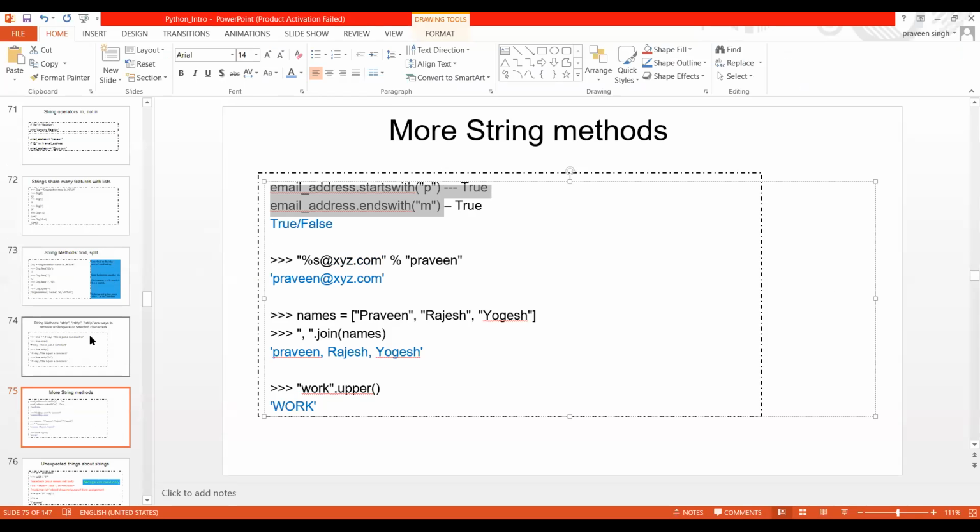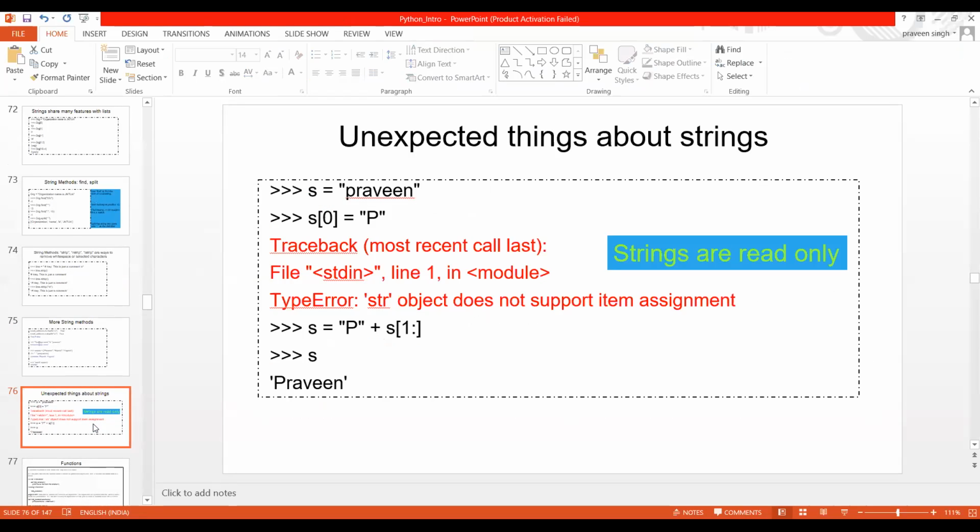Now again we can move on to the very next topic. There are some things which are quite unexpected, so we'll have to see what exactly I mean here. While explaining, you might have noticed or not, I have told you strings are just read-only things. So if you want to perform something on them, how are we going to do that? Let me take this example and I will show you how exactly it works.